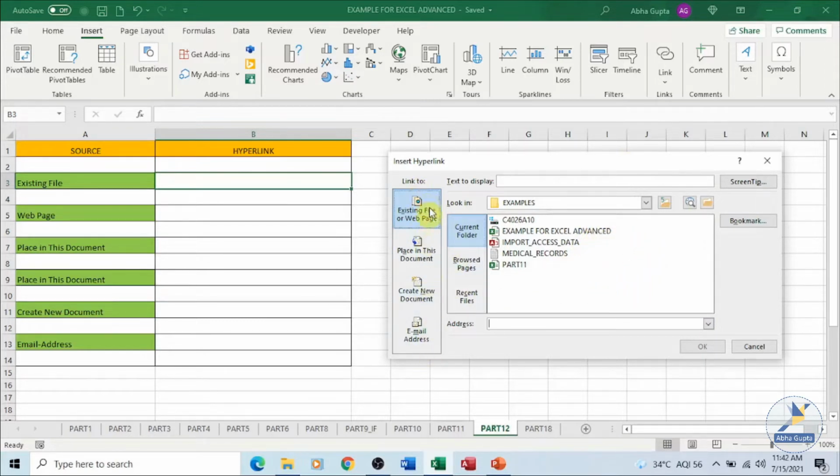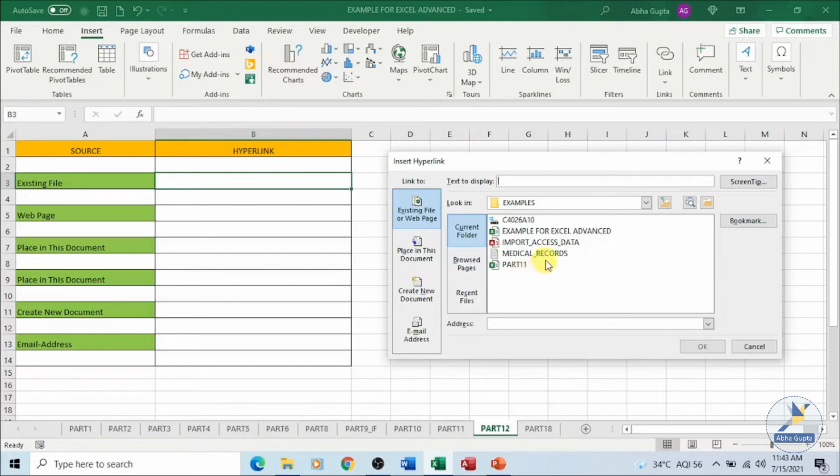On the left hand side, you can see what all you can link to. We are trying to link an existing file. If I click on Existing File, you will be asked what text you want to display. Say I want to link to a file, say Excel file Part 11. It's not necessary that you link to an Excel file only.